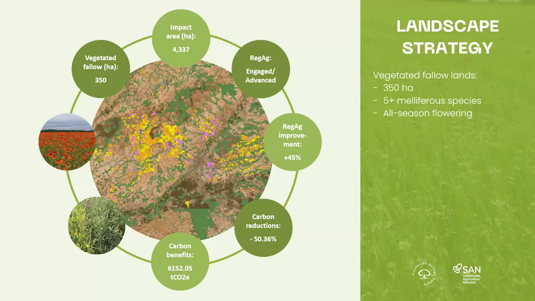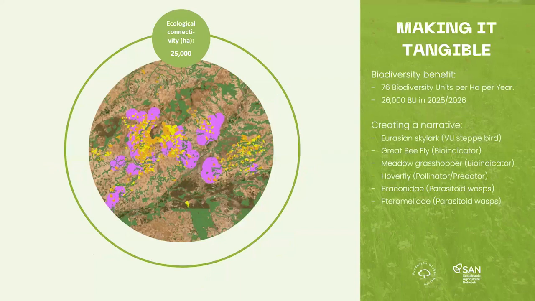They are scattered throughout the territory, and the impact of these fallow lands is not just applicable to the exact surface that they cover. They are actually impacting what we call biodiversity-friendly areas, which are those areas that you see there, in which pollinators or birds are moving, and they can have this fallow land in the middle, acting as connectivity, an ecological corridor for this type of organisms to move throughout the landscape.